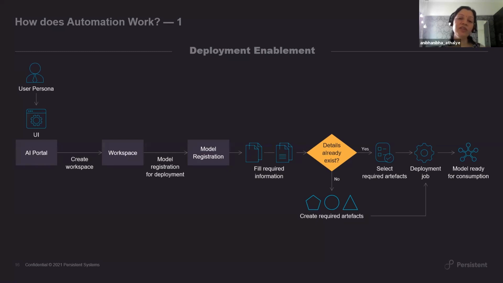The system reads through those details and creates the required artifacts. The artifacts would be the environment creation that is required for this model to be running, the git versions on which your source code is run. It will create all these artifacts, and then the deployment job net-net selects these artifacts and the model becomes ready for consumption. So this is a typical deployment path where you are conducting an experiment or working on a machine learning model creation offline.